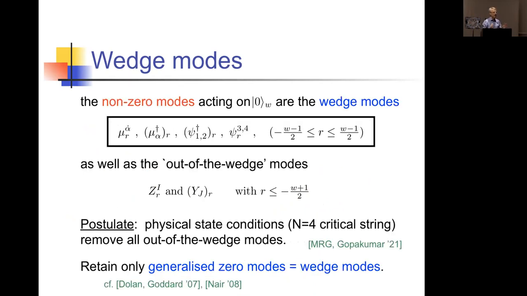Now the question is, what should the physical state condition amount to? In the case of Berkovits-Vafa-Witten, there was a prescription of what we have to do. We have to calculate a certain cohomology, and you should only retain the states that survive in that cohomology. Here we are on our own. Berkovits-Vafa-Witten haven't yet told us what the correct physical state description is. So here we make a proposal, and the proposal is a bit of a bold proposal,